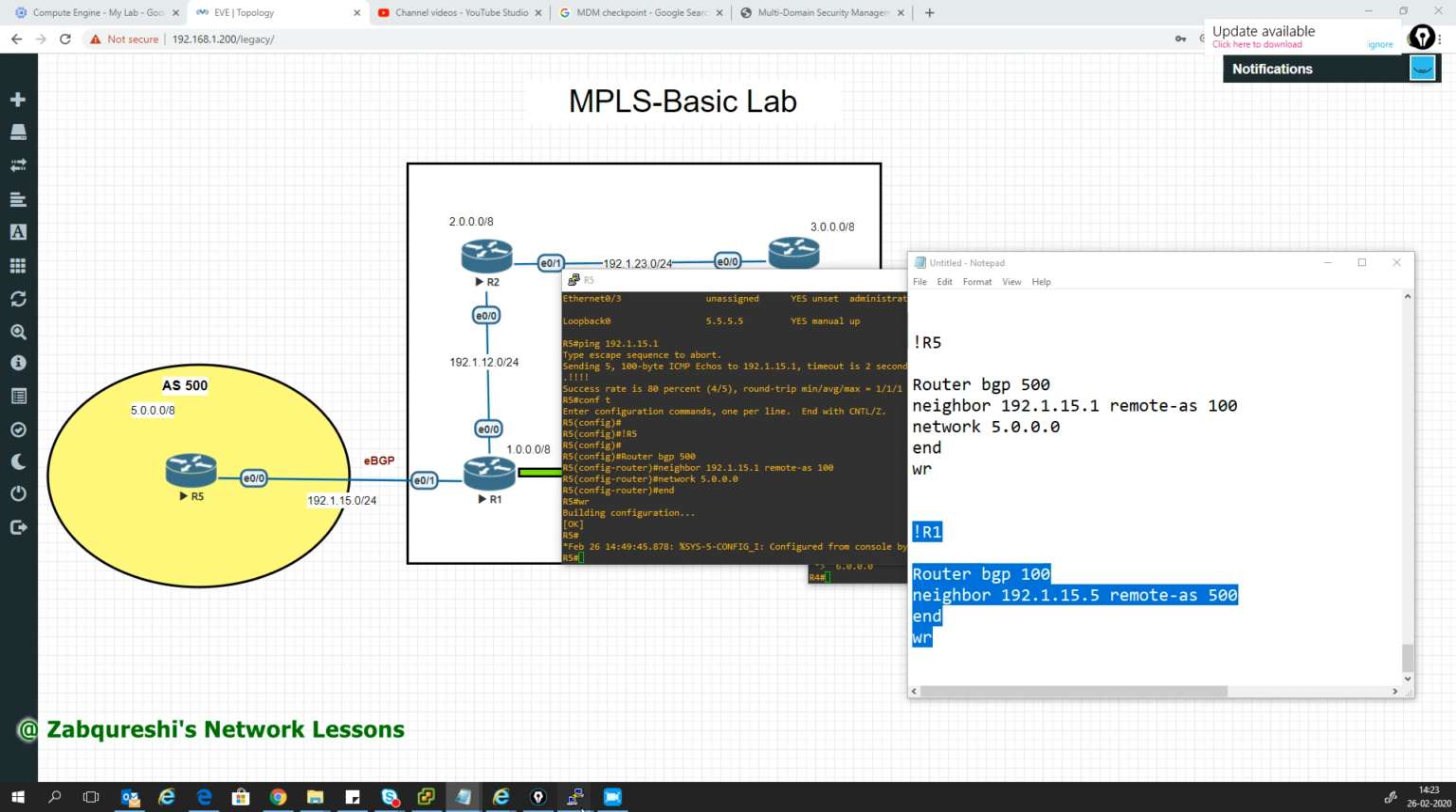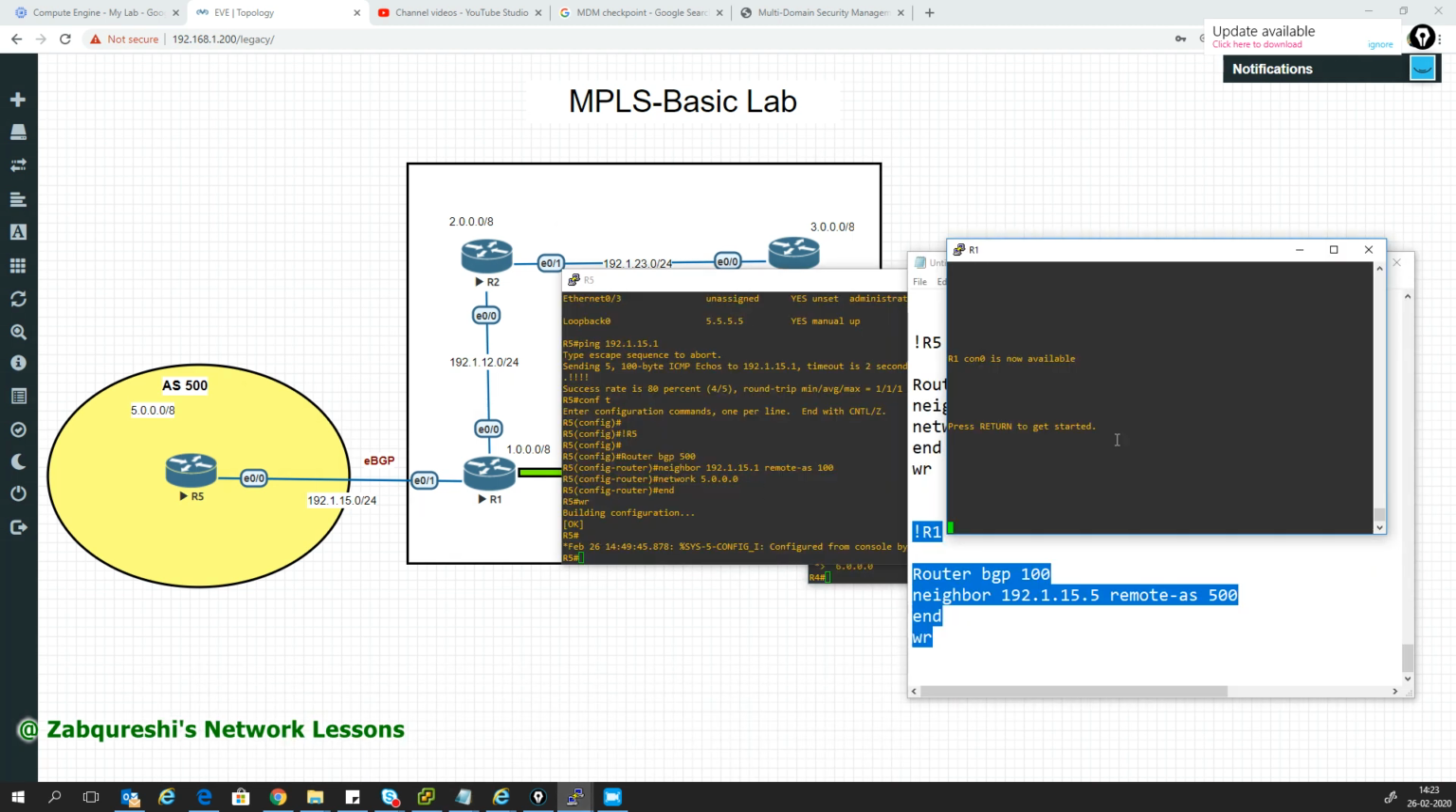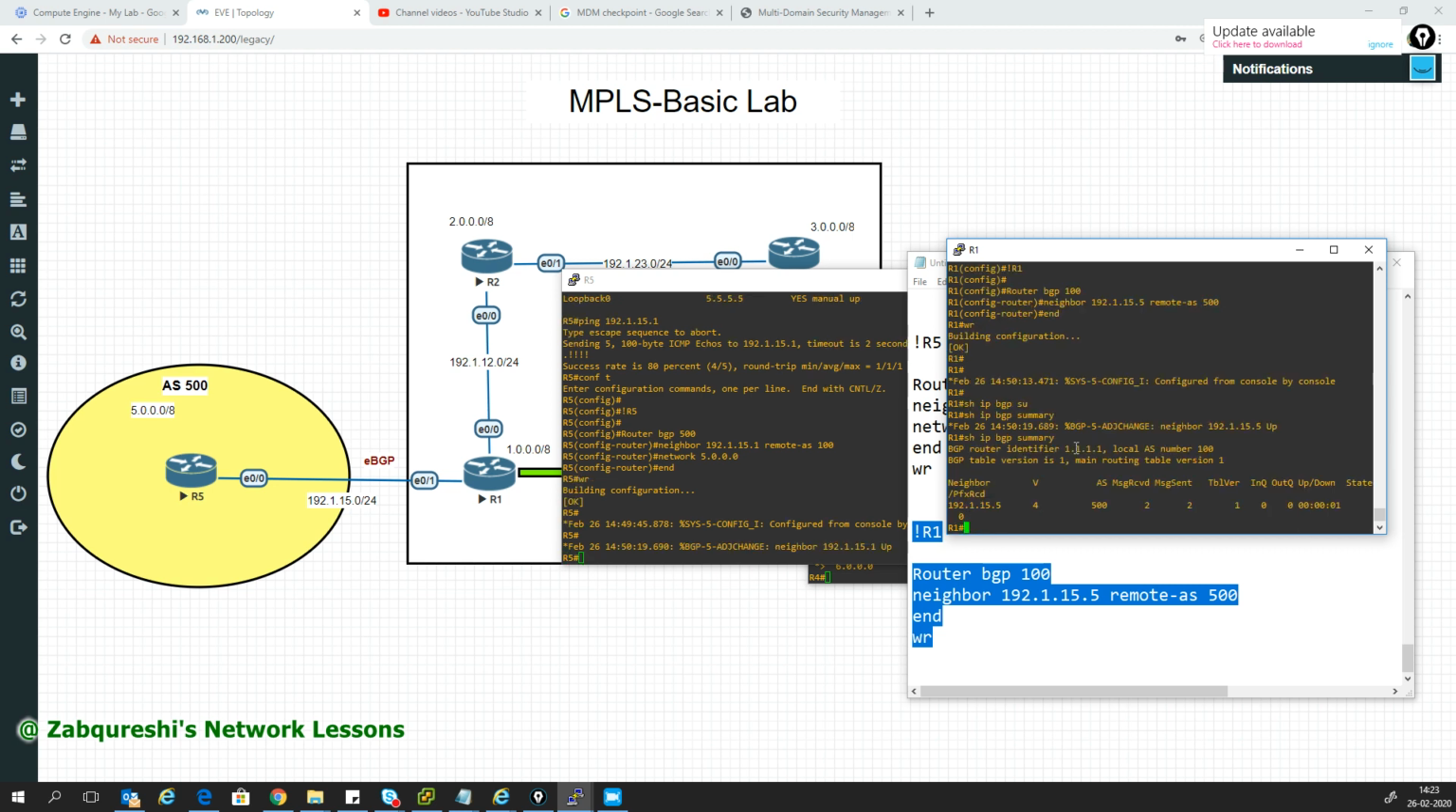Copy on R1, paste it on R1, right? This is R1, enable conf p, and R1 goes like this. Show IP BGP summary will show me the neighbors. I don't see the log. Yeah, it's up now, and I'll see